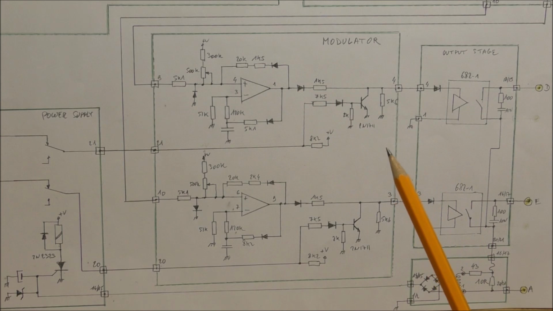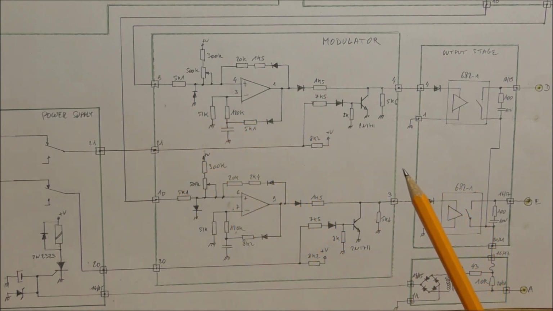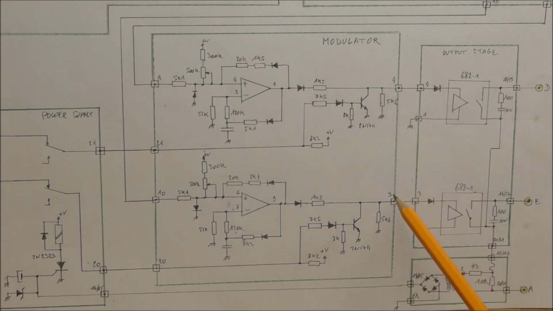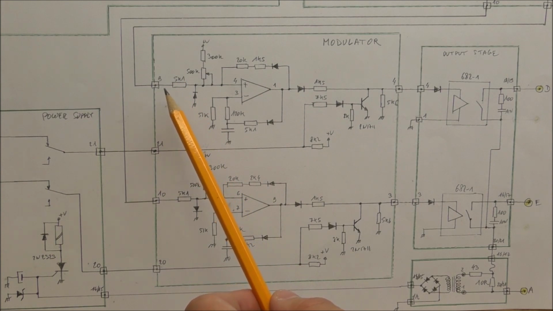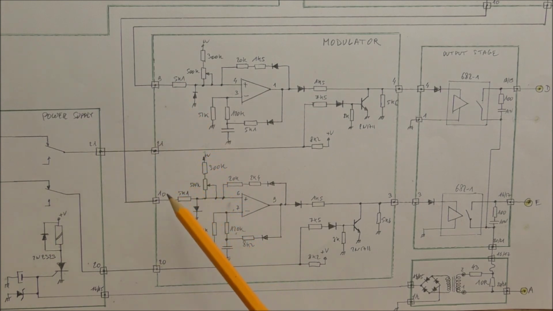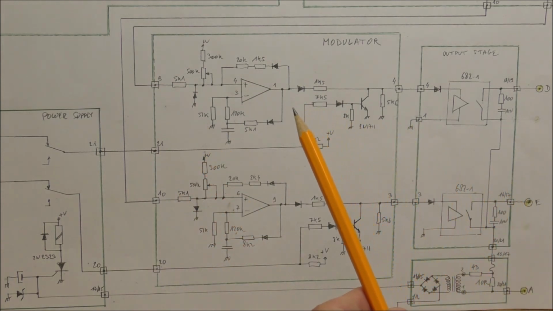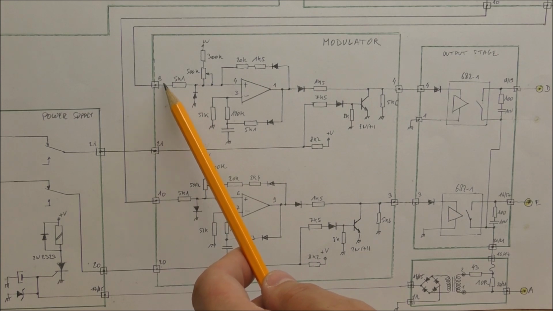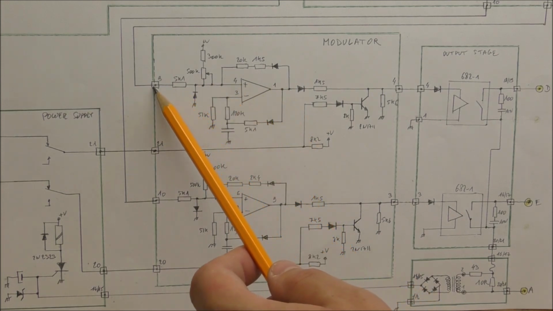The modulator board permits to convert these two error signals to two rectangular signals, which are available on terminals 4 and 3 here. Actually, one signal will be used to activate the heater, and the second one will be used to activate the cooler. The modulator permits to convert the error input voltage, which is positive here, into a signal whose duty cycle depends on the actual voltage here.